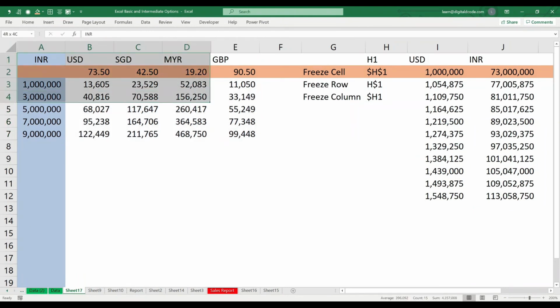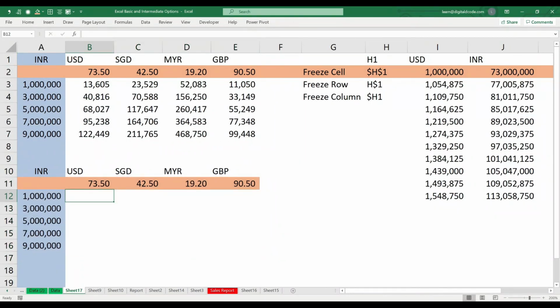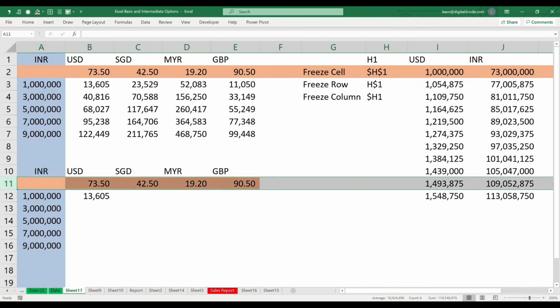Similarly, I'll give one more example with the same data. I'll delete this. Now again I'll do this divided by this. Where I have data, again in column A, and where I have the FX rate in row 11.